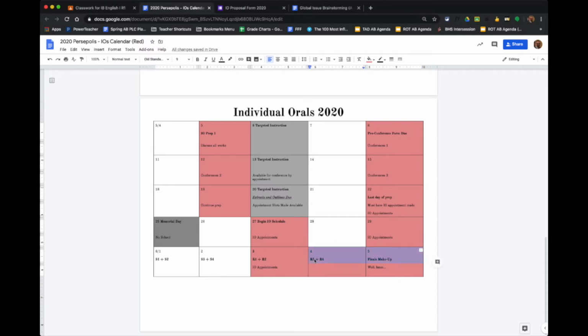So now finals has its own week, and that's just going to crush down the amount of slots that I have for actually recording your IOs. So I've had to sneak some IO appointments in here. This is the same. And then you'll see, it wouldn't be ideal to be doing IOs on that last day, but I'll probably put a couple appointments there just to make sure that everyone is going on a day that they are comfortable with. I can't imagine there's very many of you who still want to be doing schoolwork out on June 5th,